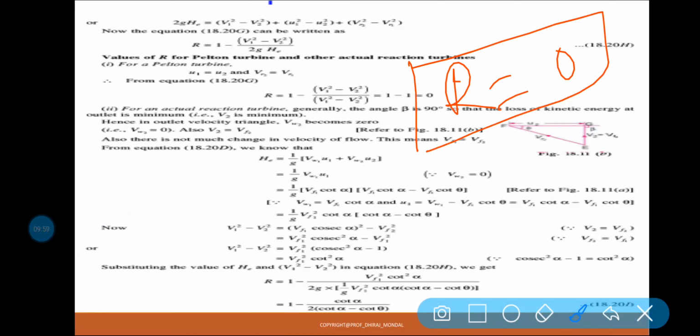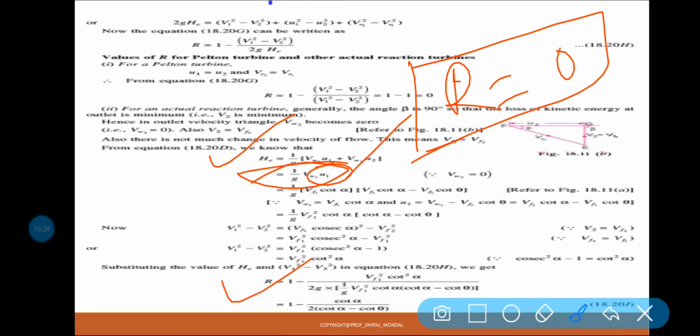But in case of reaction turbine, it has some magnitude value. Now we know that H is equal to 1 by G (VW1 U1 plus or minus VW2 U2). Now if beta is over 90 degrees, then you get this equation. Now if you put the value of this VW and U1, ultimately the equation you can get is